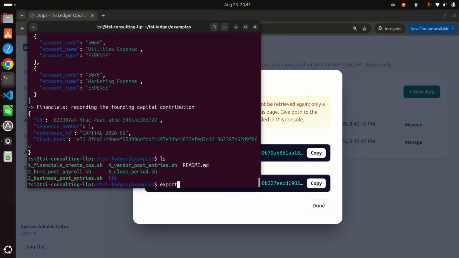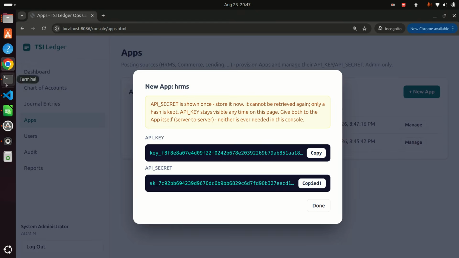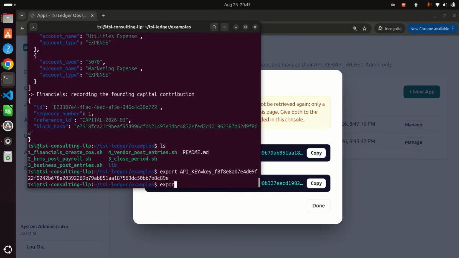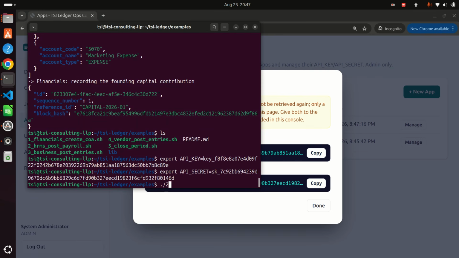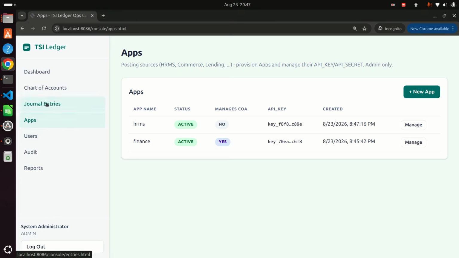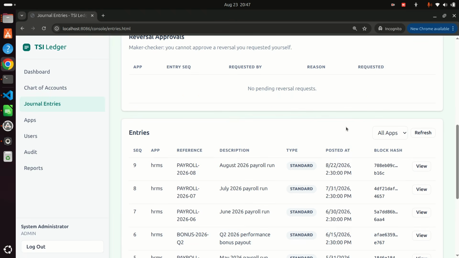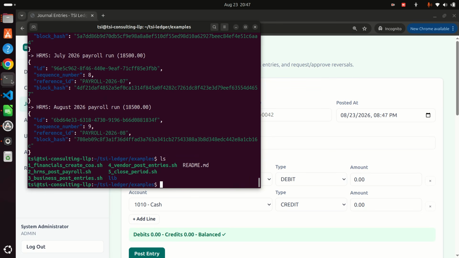So I set the API key, I set the API secret. I can now run my HRMS. As you can see, my journal entries are created here. I'll go with my next one on the list, which is the